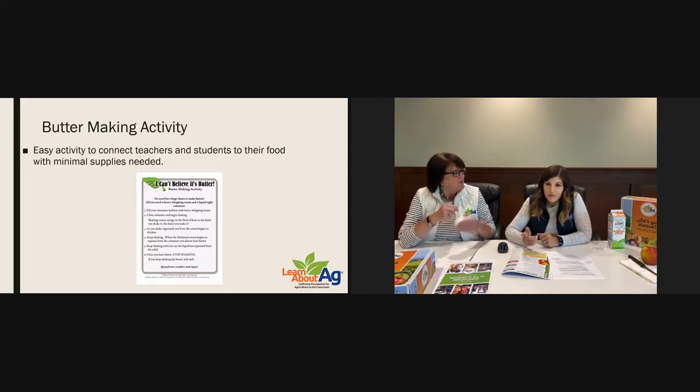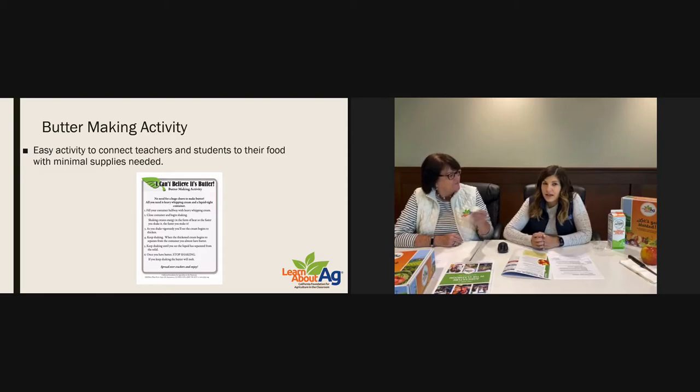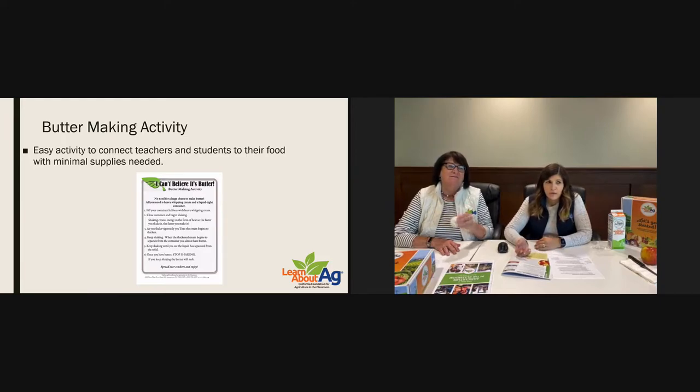But one thing about this activity is that it can be done anywhere. We've done it at baseball games. We've done it at grocery stores. We've done it at drive-through fair events. There are so many different places that you can easily do this activity just because of the minimal supplies. And it's such a great way to not only connect consumers to their food source, but also